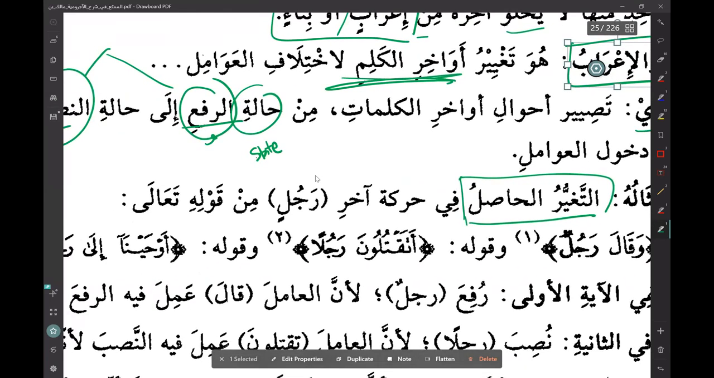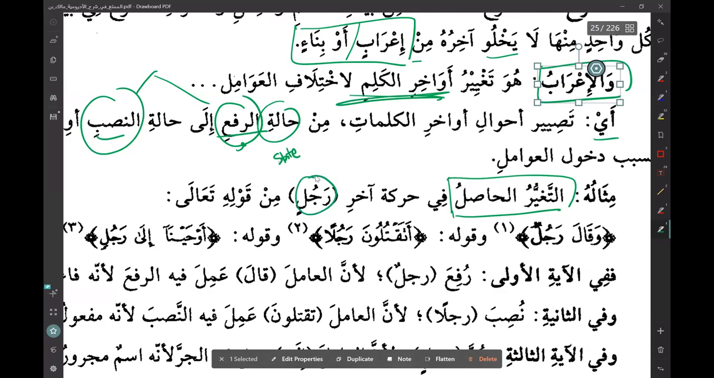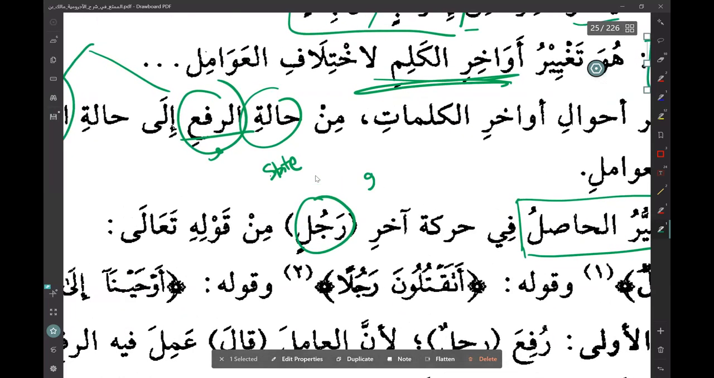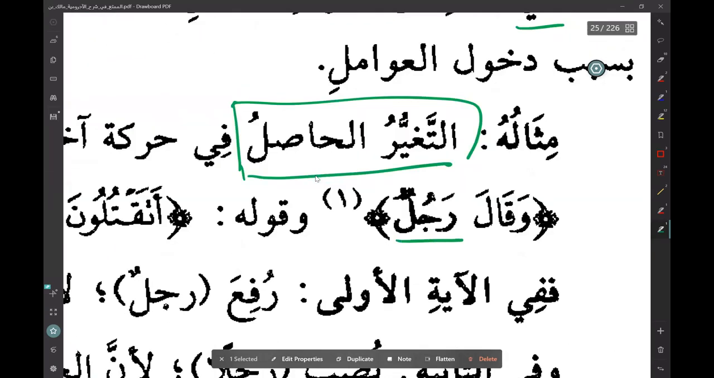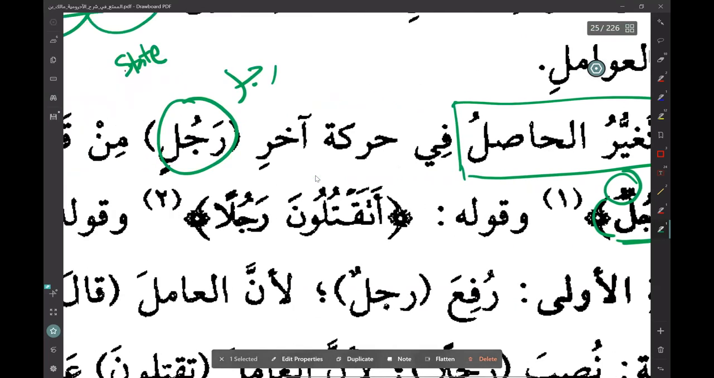Fi harakati akhiri rajul. He brought this word. So we're going to be looking at the word rajul in all three forms in the Quran. Okay, so what we have, waqala rajulun, from the Quran. Okay, you see this, it's from the Quran. Waqala rajulun. Then we have wa